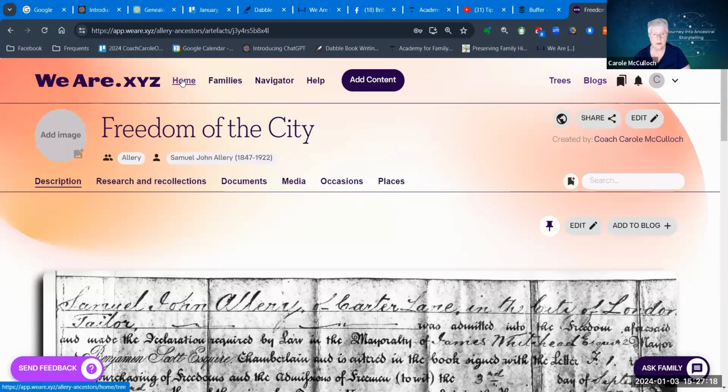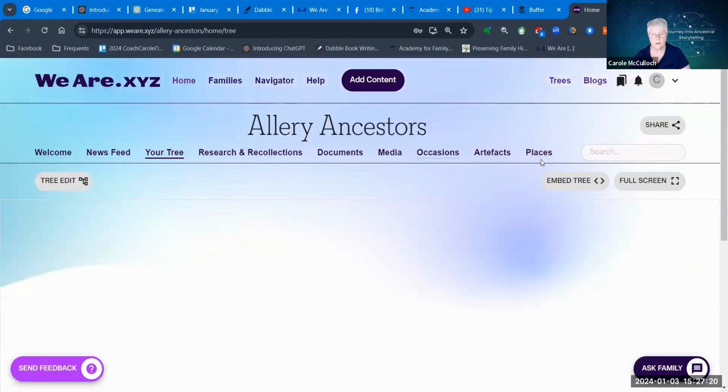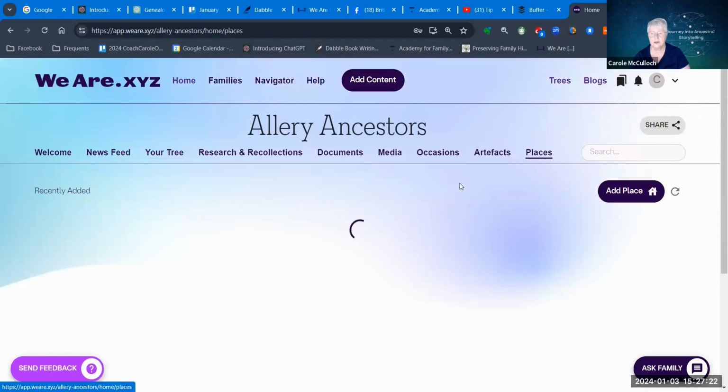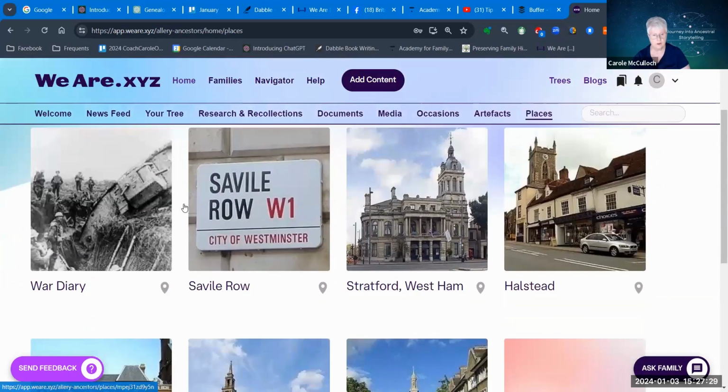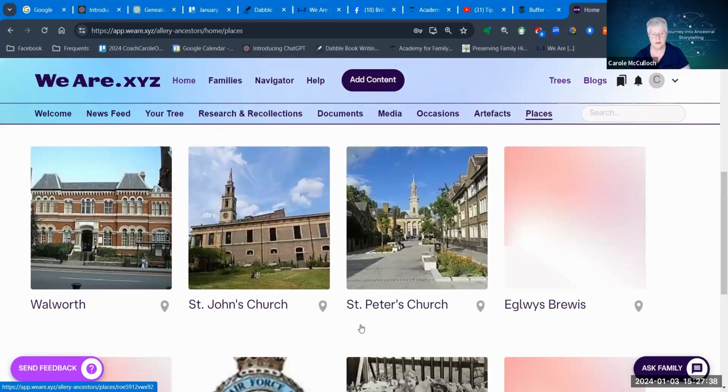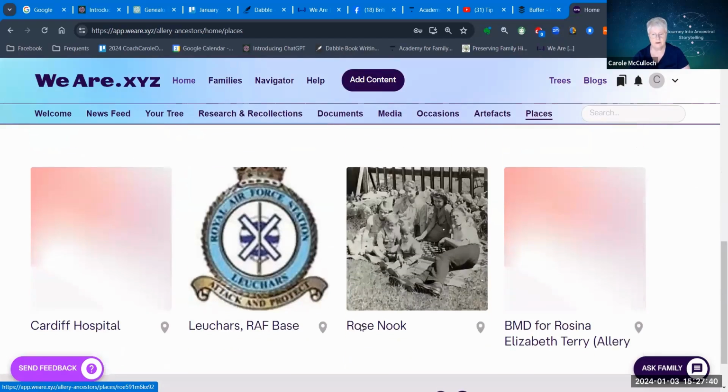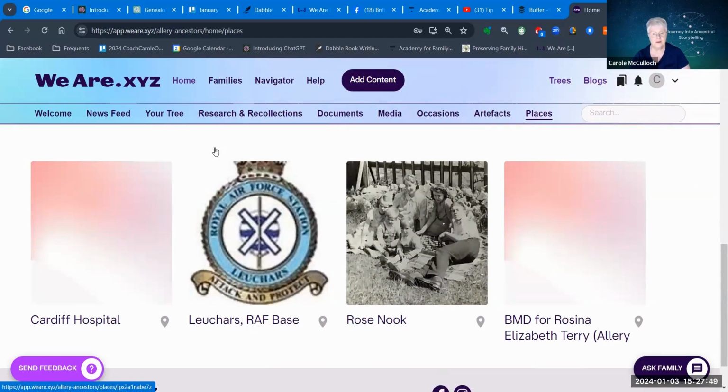And then coming back again to home and then choosing places, you can talk about the various places that were significant in the lives of your ancestors with images that you've researched from various places. And you can put them in place here and link them to your family. So all of that is included in the WeAre.xyz program. It is amazing. Let's go back home again